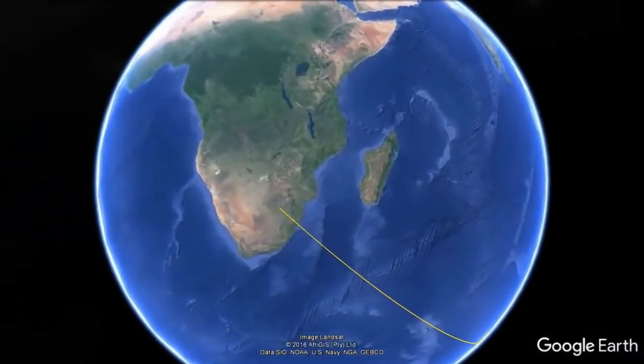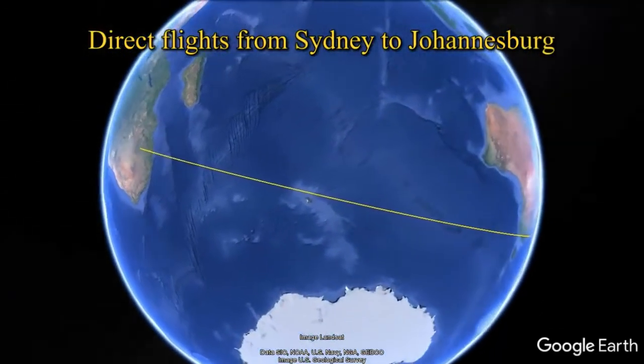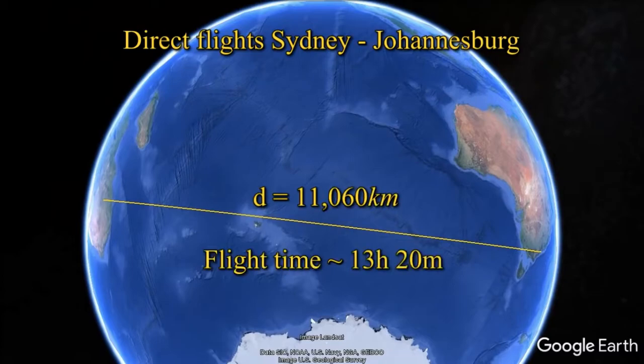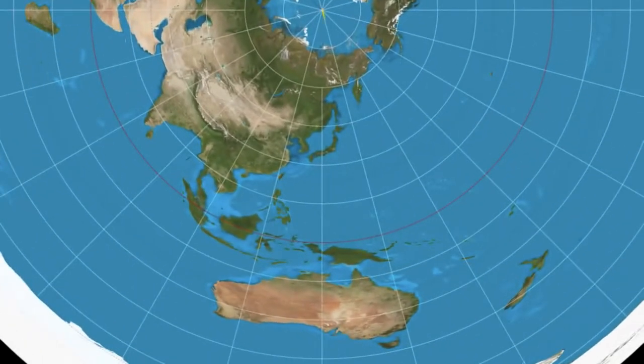Qantas fly direct from Sydney to Johannesburg in South Africa 6 days a week. It's a direct distance of 11,060 kilometres, with the flight taking around 13 hours and 20 minutes, at a speed of 830 kilometres an hour. As you might have expected, things on the flat Earth aren't quite so simple. Sydney Airport is